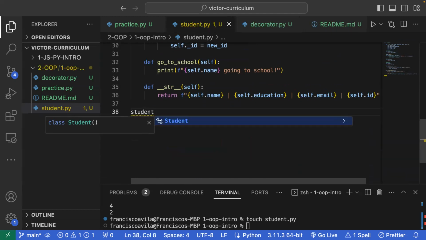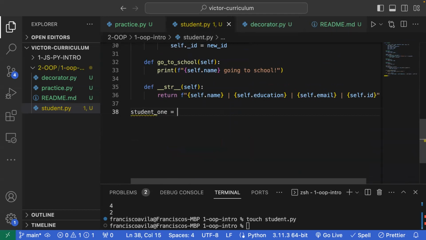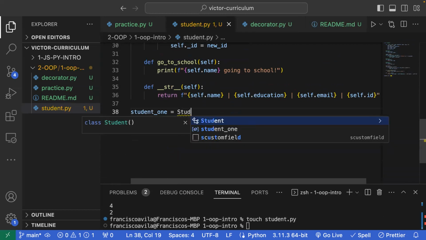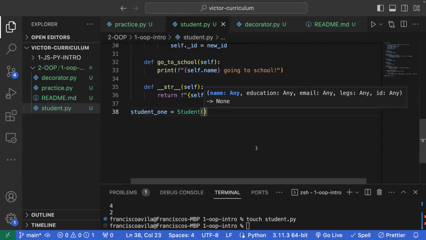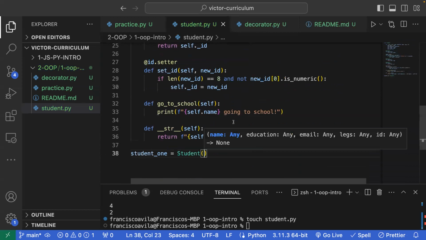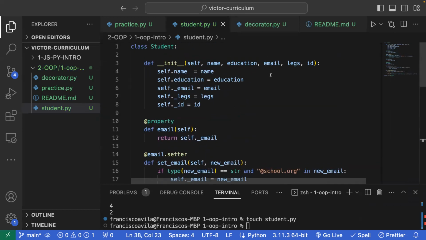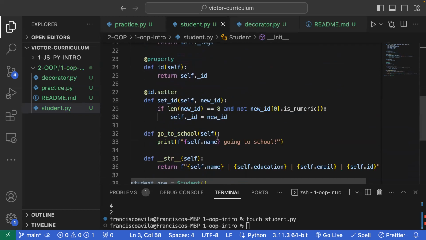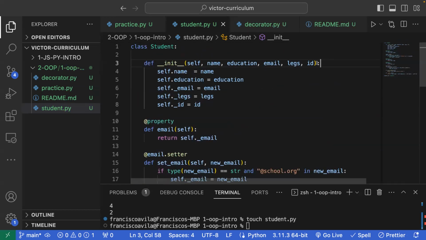Student1 is equal to Student parentheses, and then you said with all the data. So let's see what data. Well, we create the data. Okay, so by data, what are we talking about here? Our own generated one. So name would be, we could say,